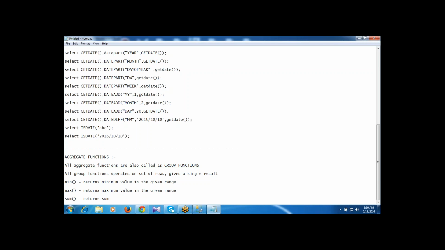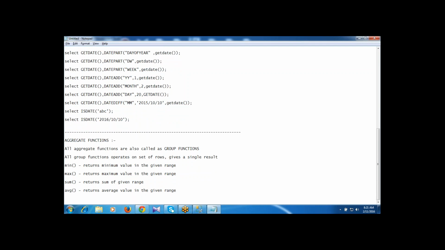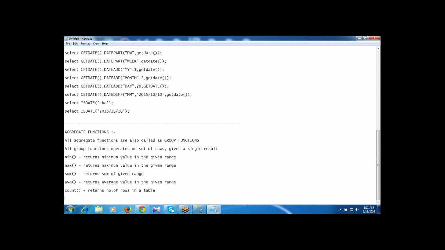It returns the sum of the given range. Average is the function which returns the average value in the given range. The count is the function. It returns the number of rows in a table.